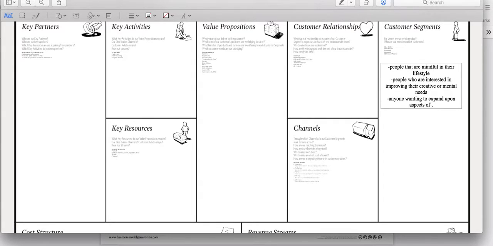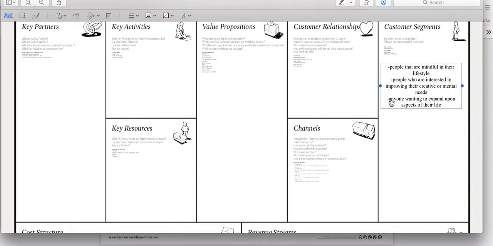It doesn't just have to be people that like yoga. It doesn't just have to be people that want to paint. It doesn't have to be people that want to cook. This is anybody. Every person has these needs, and you need to fulfill them. It's just people that are in a place in their life where they're ready to take on that extra challenge. Then that's kind of what this is designed for.